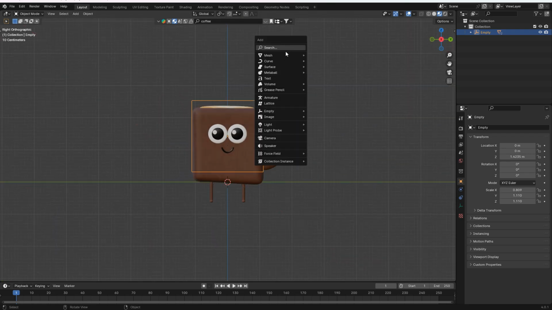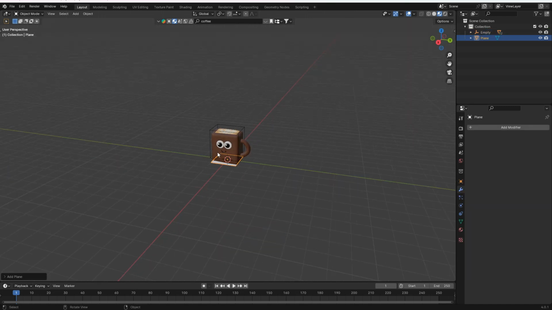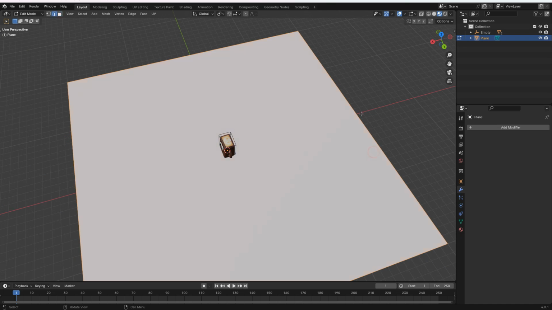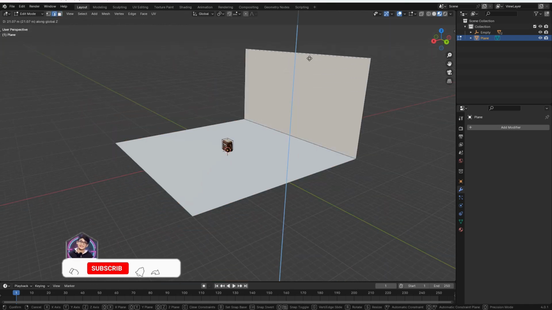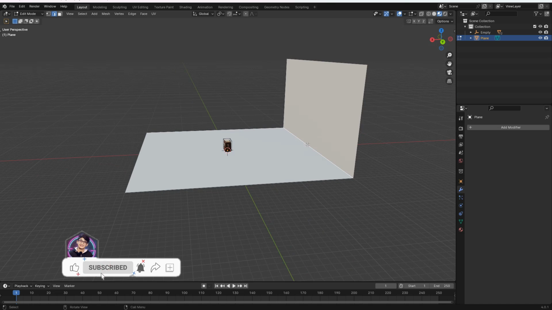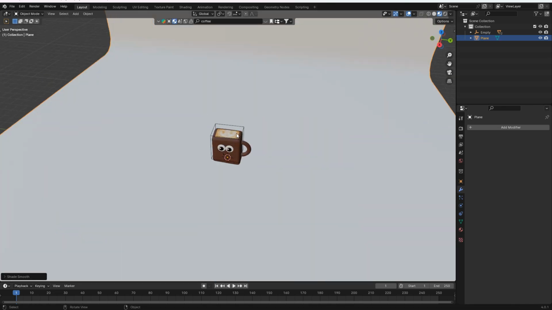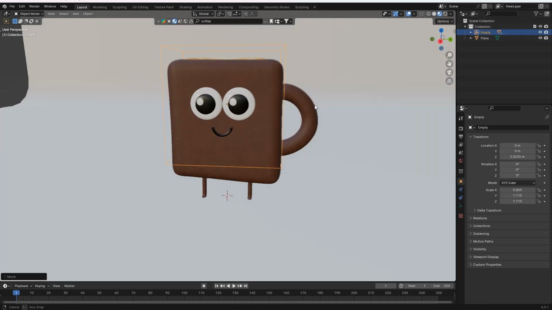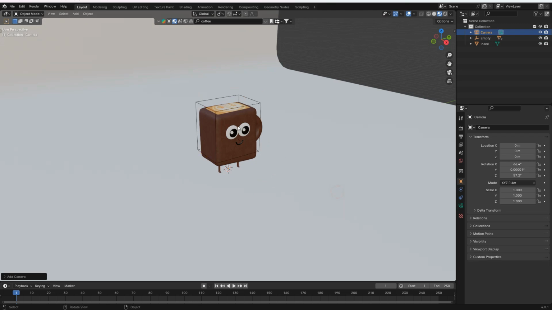So yeah, now I'm gonna press Shift A and add a plane. Now scale this 20 times, go to edit mode, select this edge and press E to extrude it in the z-axis. Now I'm gonna select this edge and press Ctrl B to bevel this. Right click, shade it smooth, then select this empty, move it in the z-axis a bit, add a camera, move